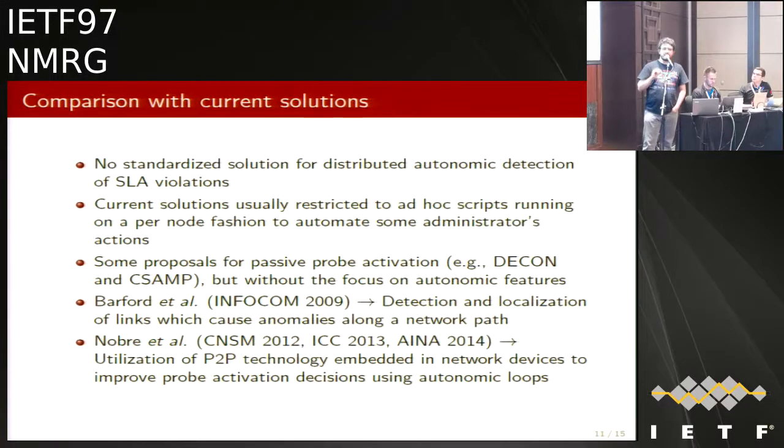There are other solutions that consider just some part of the problem. For example, considering the anomalies and the flows, and the measurement just for this kind of anomalies. And we also described our solution, which considers peer-to-peer technology embedded in the devices themselves in order to build the measurement overlay, and after that to start to share information about the measured locations.